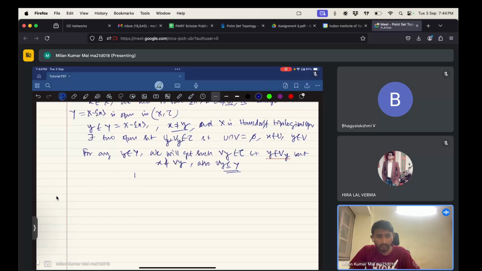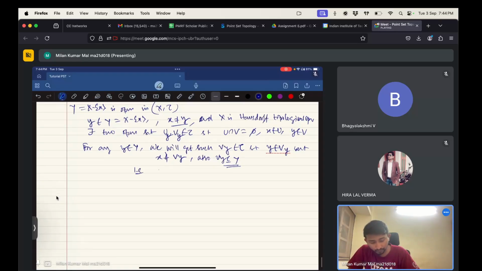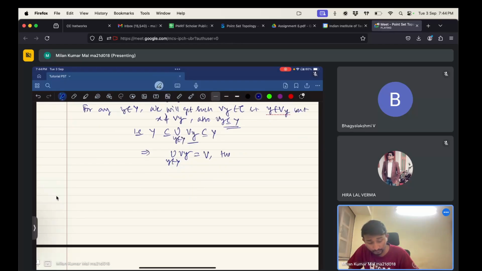So if I take the union of all V_y for y belonging to capital Y, then this contains Y, and as every y is contained in V_y, this is contained in Y. If I take this union as the set V, then V